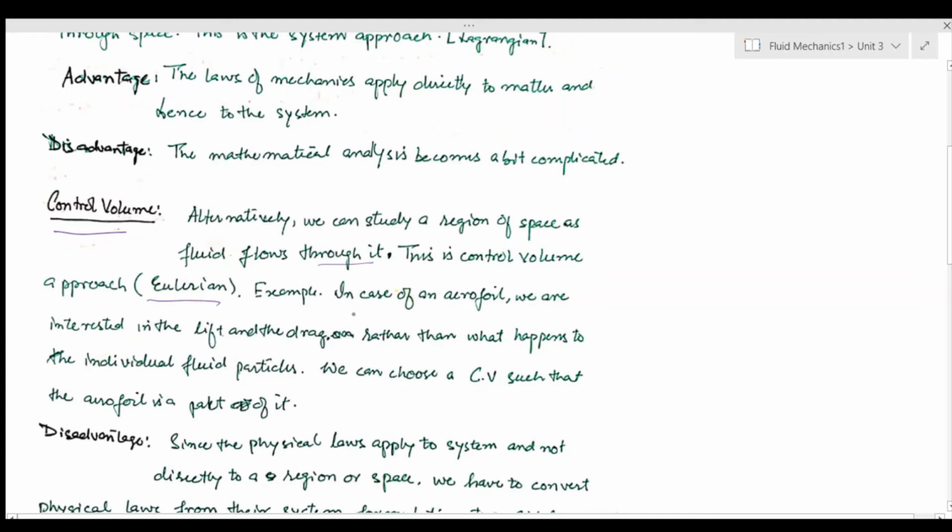For example, in the case of an aerofoil, we are actually interested in the lift which is caused to the aerofoil and the drag force which is acting on it, and we don't care about what is happening to individual fluid particles. So here it makes much more sense to use a control volume. Now we can use different kinds of control volume. Someone can use a control volume which is like, okay,